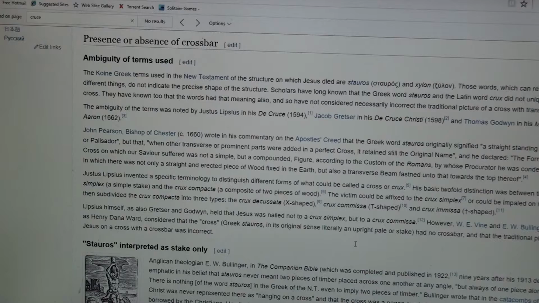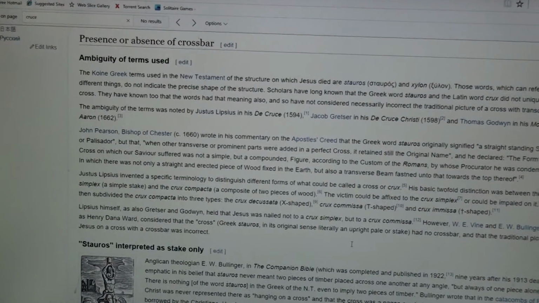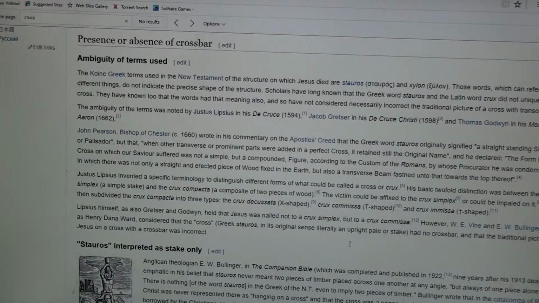So we can see from reading this, and you're quite welcome to look this up and read the rest of it yourself, that there is some ambiguity in the terms used, because the Bible doesn't go into details about the exact instrument of death. I suppose a modern analogy could be if a person was shot by a firing squad and it was recorded by the news, would they go into describing the types of gun, the brand, the size of the bullets, etc., which were used in that execution? Probably not.